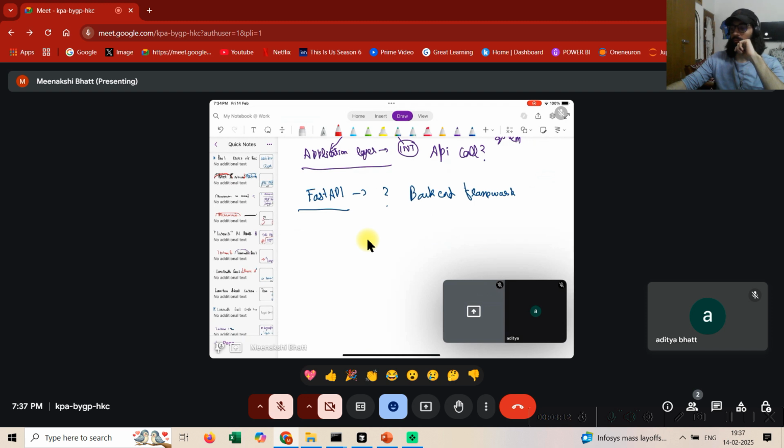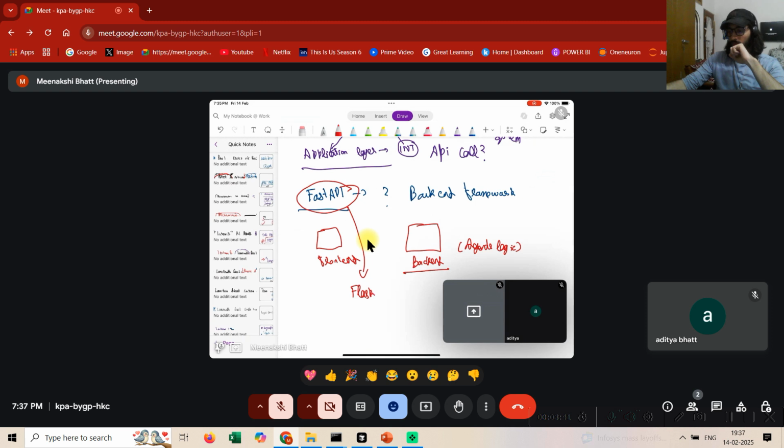Every application works very simply, right? You have a front end, then you specifically have a backend. Now guys, your backend is kind of the main place where your agent's logic, or any other logic, would reside, right? So FastAPI is a very popular Python framework which helps you build backend applications, and lately it is winning over Flask as well as Django. And everything comes with a reason, right? The reason is that FastAPI is